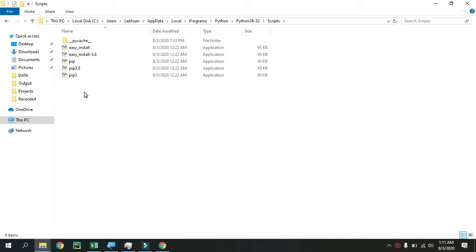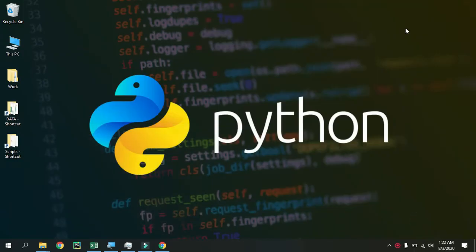So here we can see we have got 5 different applications. 2 applications is for by using easy install method and 3 is by using pip method. So this basically pip is nothing but which helps us to get those packages of Python and install it inside our interpreter. So to install our Jupyter Notebook, we are gonna be using this one of those pips.